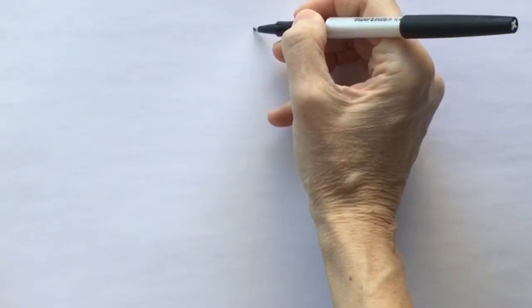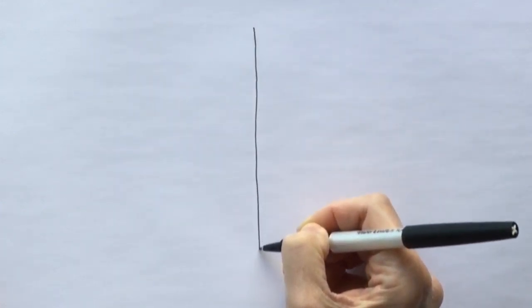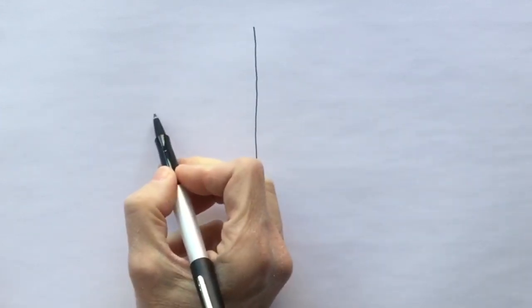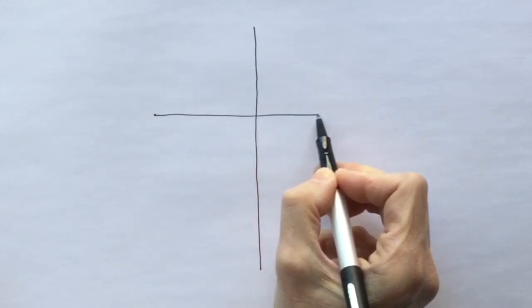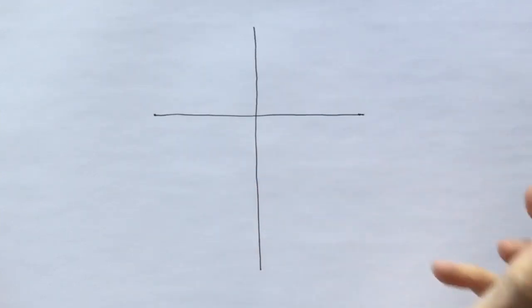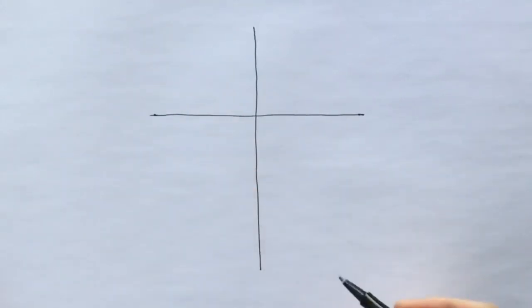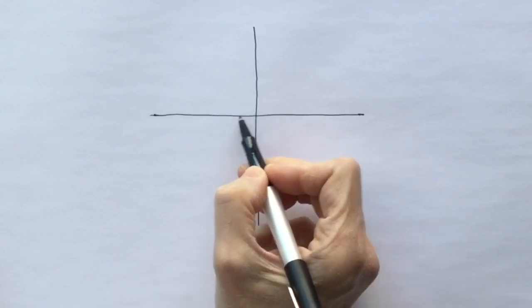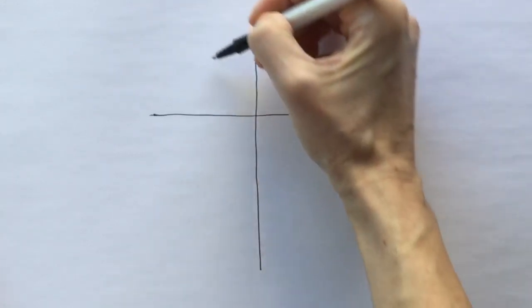Something else that's quite important to be able to do is to create a 45-degree angle. So I'm watching, I'm trying to get the same amount of space on the other side. So you have to be careful what you're doing. I think I went a little too far, so I'm going to correct that a little bit. And now, this is a 90-degree angle. This is a 90-degree angle. A 45 would split that